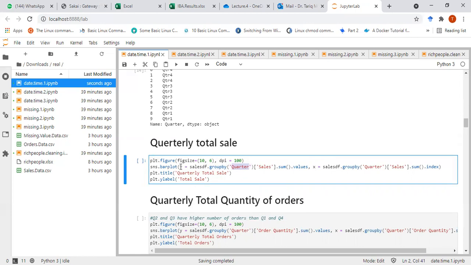The Y of the bar plot is going to give me the total sales, and the x-axis is going to give me the index of this group by operator. Index is basically quarter 1, quarter 2, quarter 3, quarter 4. Because when I do the group by, it creates a new data frame in which the index is the quarters, and the actual value is the aggregated sales. So when you click here,